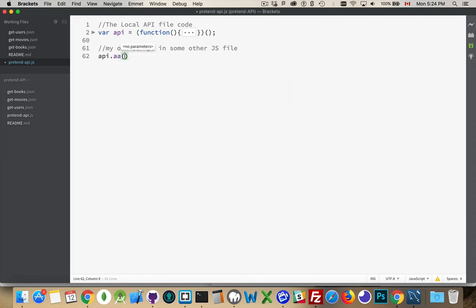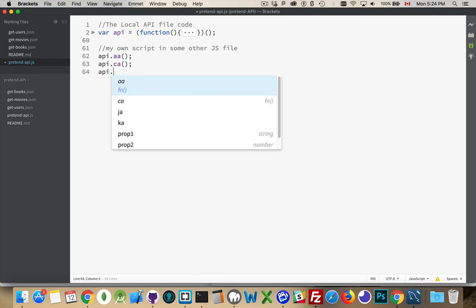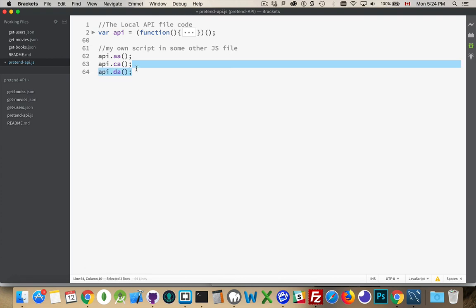So I could say, all right, I'm going to call the function AA, and then I need to call the function CA. There were other ones in there, like DA. I can't call that one directly. This one would give me an error. So there's code inside there that's hidden away from me. I don't know what it's doing. But there are some things that are exposed to me, that are public, that I, in my very own code, can access. So I can use AA, CA, JA, KA,